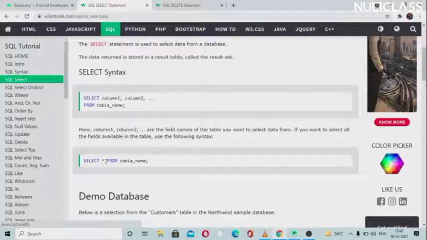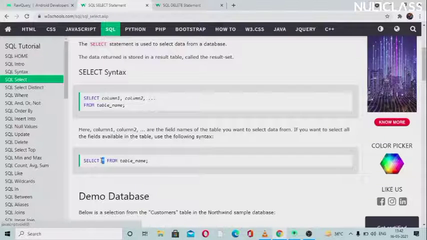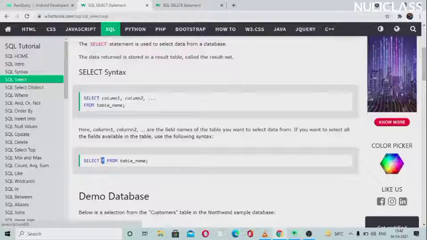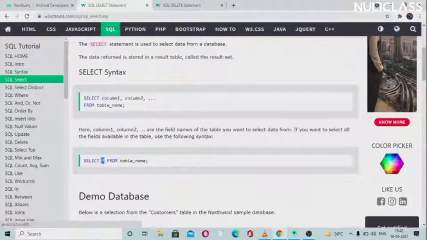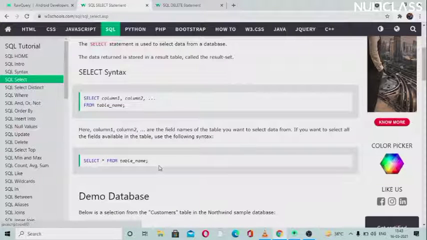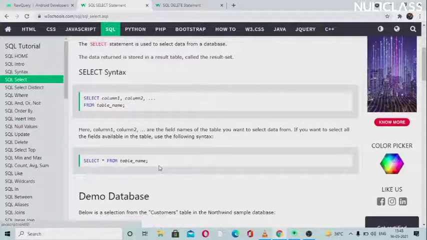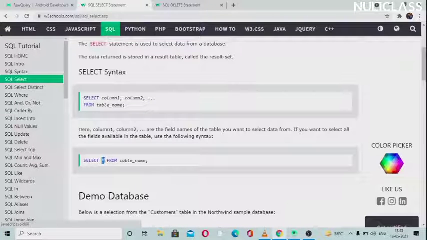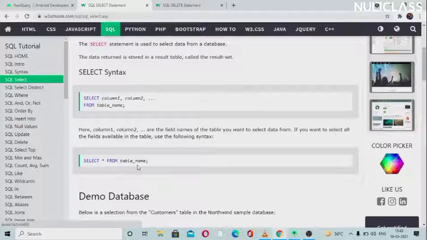So why do we use this asterisk symbol, like star? This is basically to call all the columns. Let's say there is a student table and it contains records of a student, like name, roll number, class, and IDs and something like that. If you want to call all the columns, like I want the data for all things, all the names, all the IDs, roll numbers, all the class, I will call asterisk just to call the whole table. And if I want selectively, like I only want the names of all the students, I will just write select name from table name, that will be student, in our case.